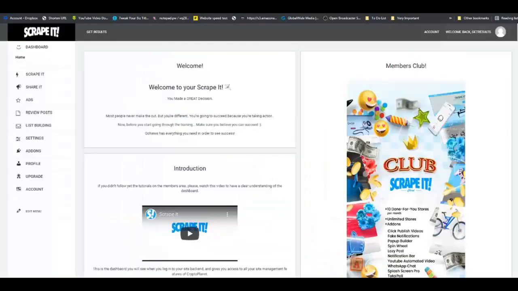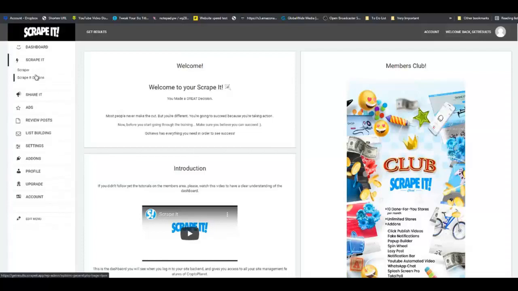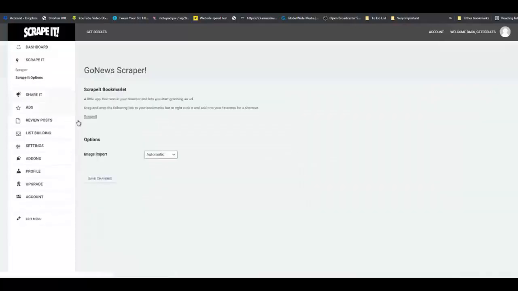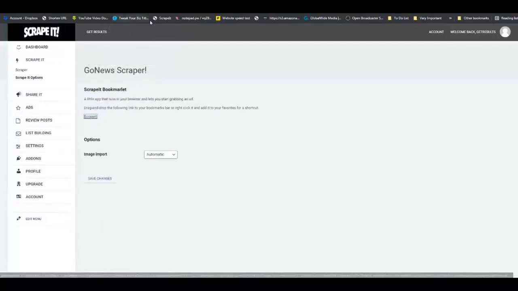So back in the dashboard of scrapeit, the first thing I want you to do is to click on scrapeit right here. Go to scrapeit options, and then just take this little bookmarklet right here, grab it and drop it in your bookmarks bar there. Next thing I want you to do